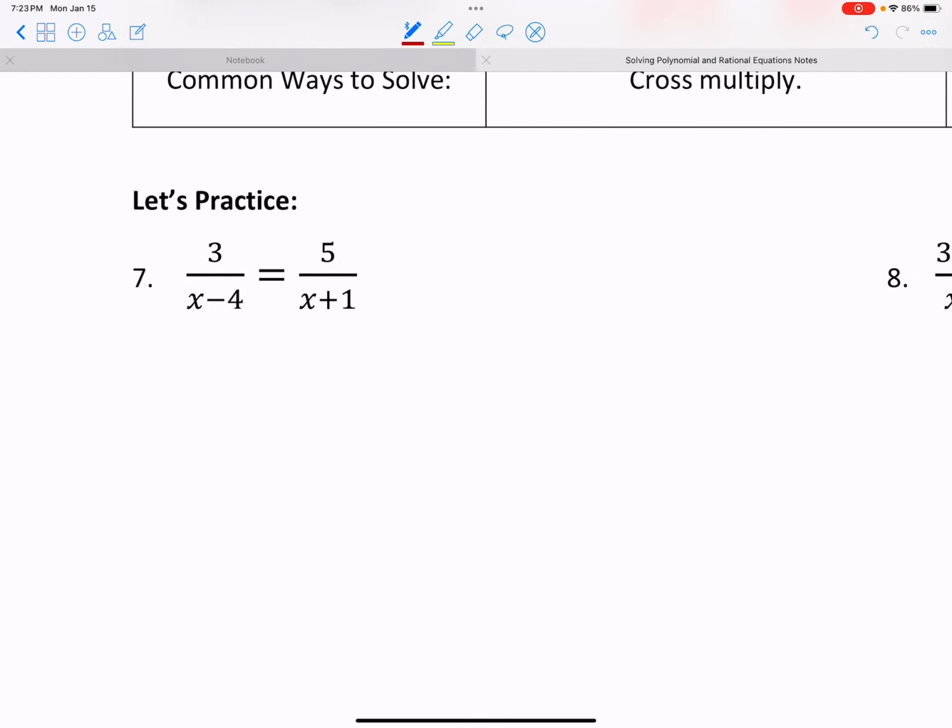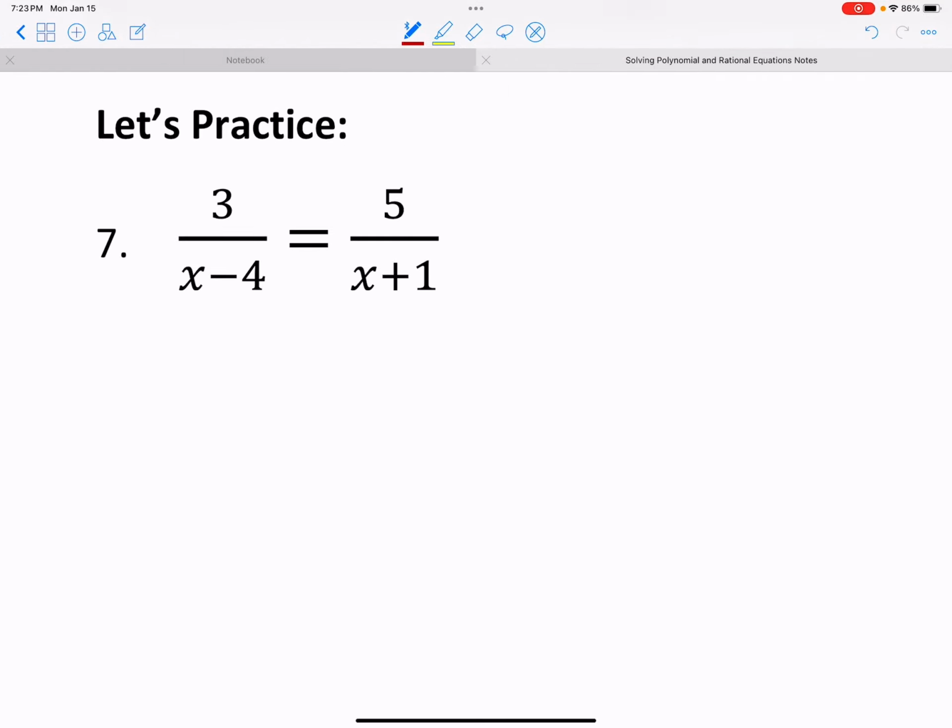Let's put it into practice. So here, a proportion. Before I solve, I'm going to go ahead and just say what x cannot equal. I know x cannot equal 4, and it cannot equal -1, and I just want to keep that on the back burner. So I know what x can't be, and I'm going to cross multiply in this proportion to figure out what